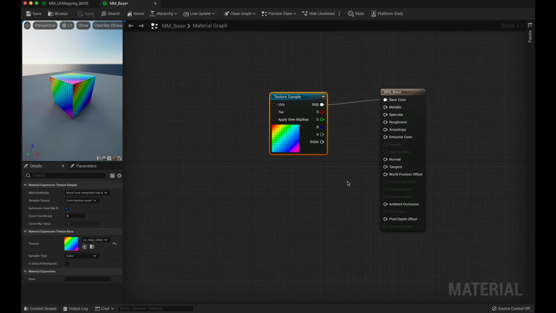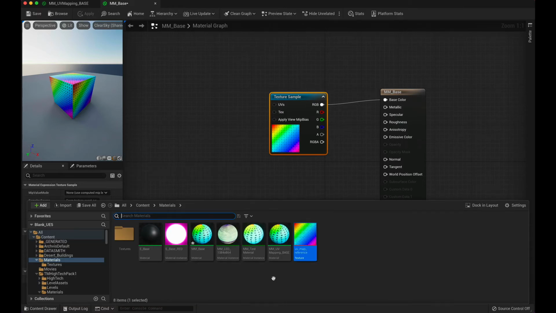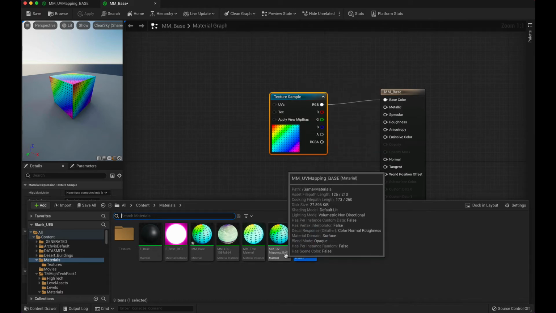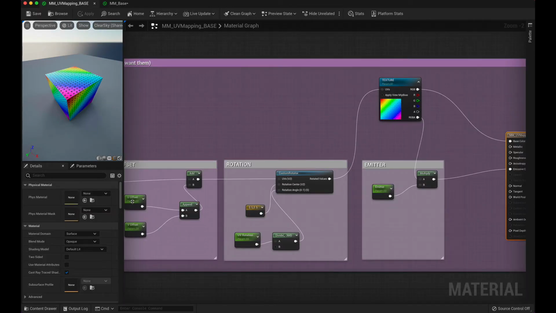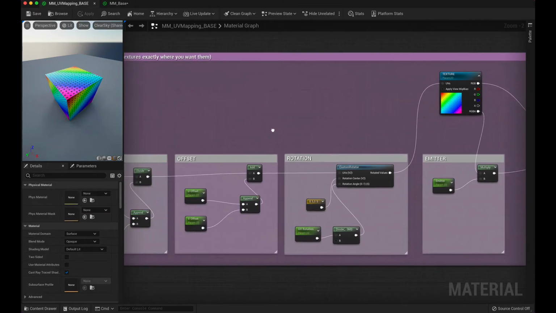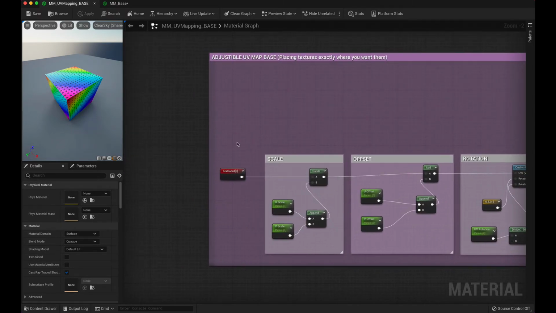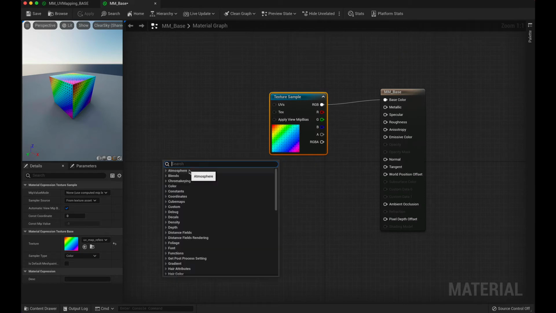So then the first thing I'm going to do is I'm going to go ahead and I'm going to open our content drawer, and I'm going to open up our base here just so I can reference it and be precise with my directions, and then you can kind of see the overall direction we're going here. And we're going to create this texture coordinate node. So we'll jump back over here and go to our base, and we'll right click on here and texture coordinate,